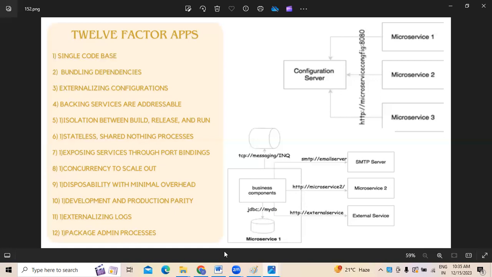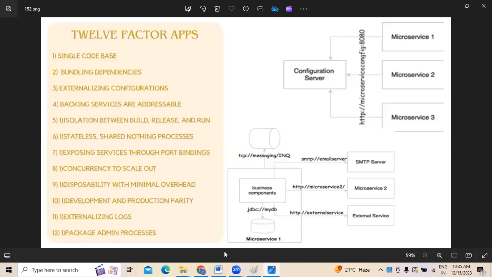Nowadays we normally use GitHub and similar tools. Different cloud service providers offer source code management and source control systems to manage all the code, because most of the applications are being transformed towards the cloud environment. To manage these source code systems we use different tools like GitHub, Subversion, etc. Next one is called bundling dependencies,